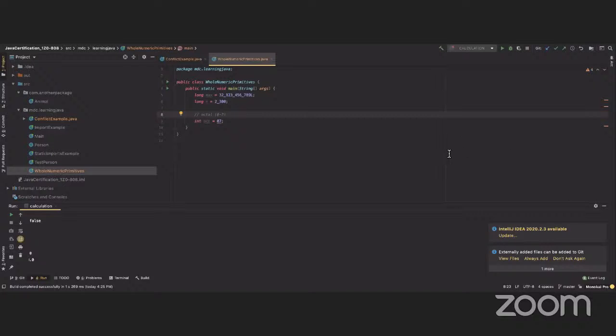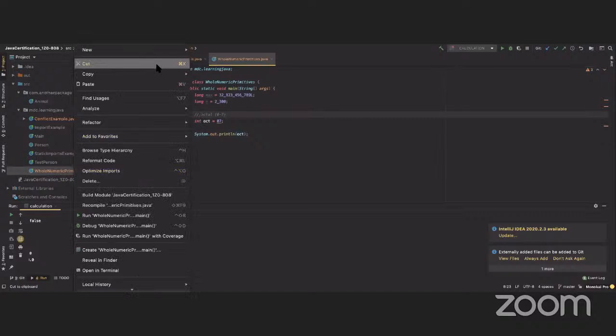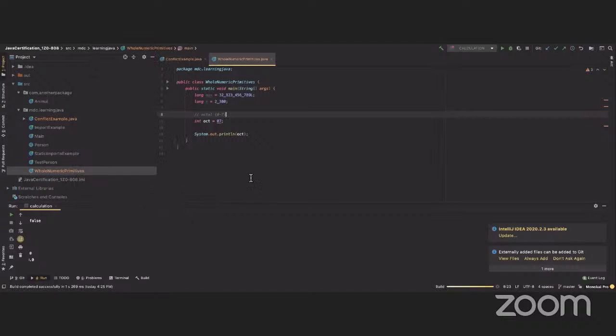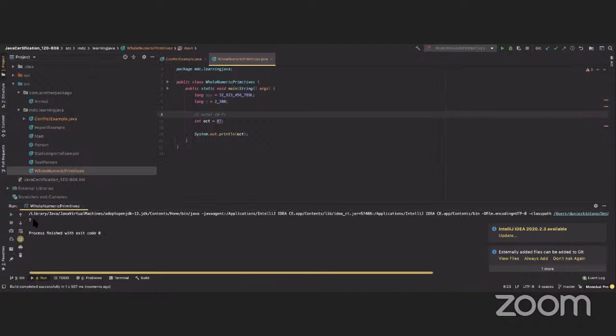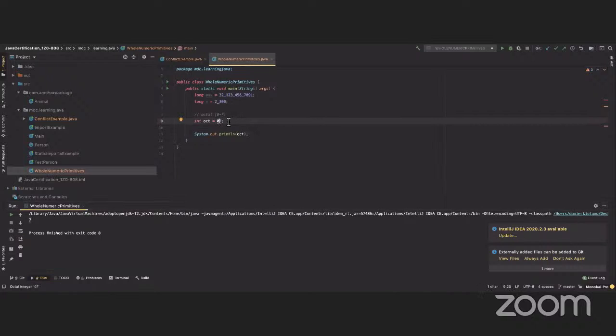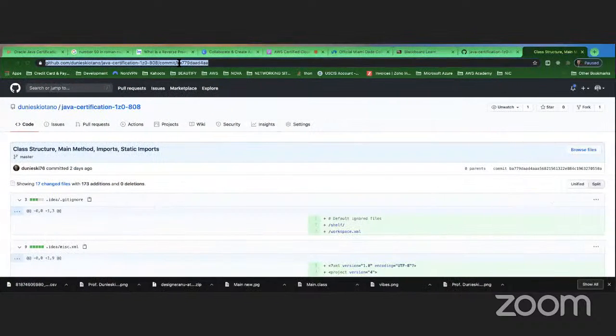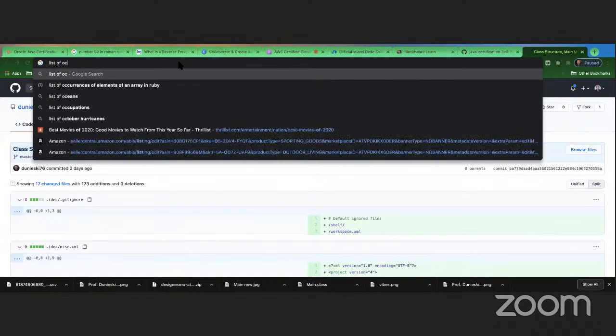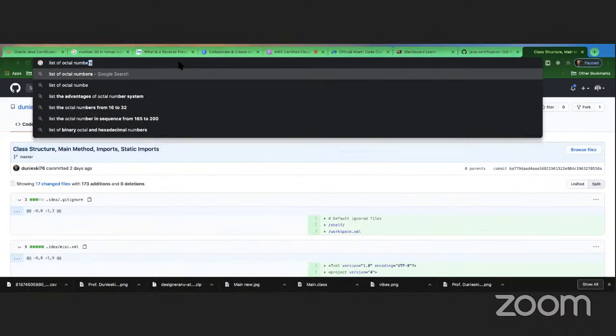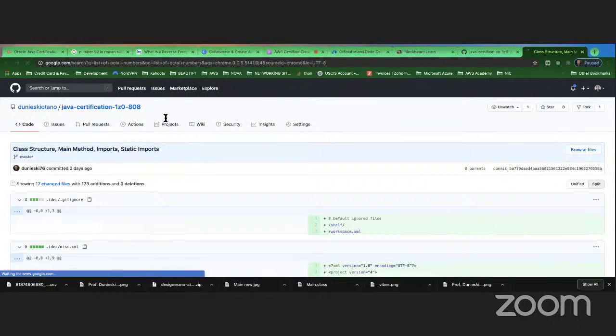And then if we print oct, and we do this, we get 7. So you may see a number with a 0 in front of it. That's an octal number. Now, if we Google the list of octal numbers,